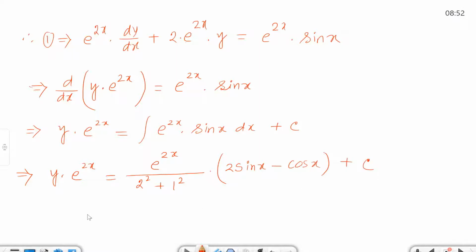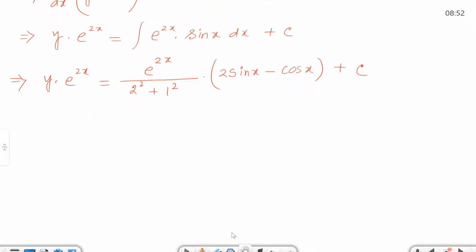Write the final line. This implies y into e to the power 2x is equal to e to the power 2x divided by 4 plus 1, which is 5, into 2 sin x minus cos x